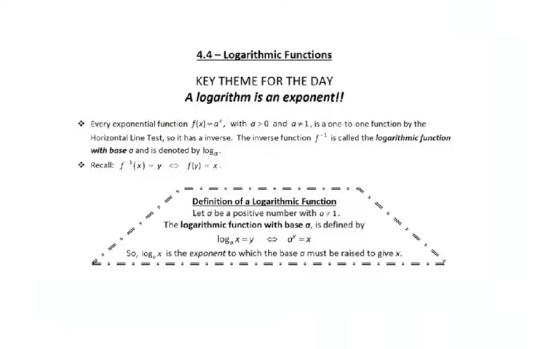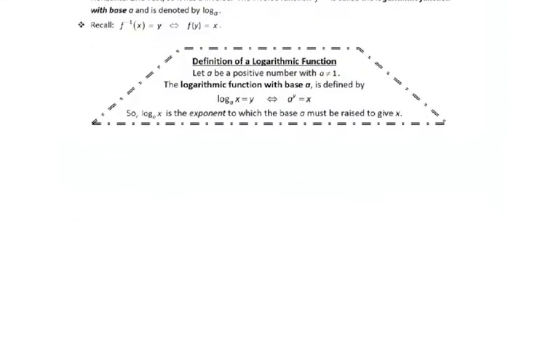Every exponential function f of x equals a to the x, with a greater than 1 and a not equal to 1, is a one-to-one function by the horizontal line test. So it has an inverse. So what does a one-to-one function mean? If we graphed this last time and we saw